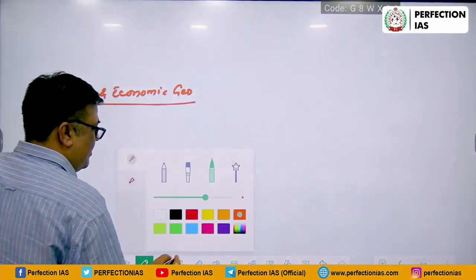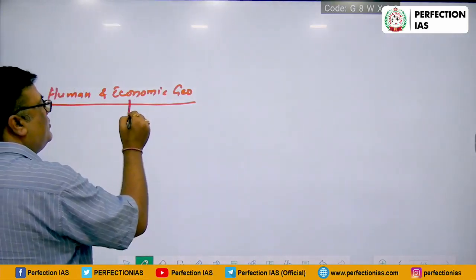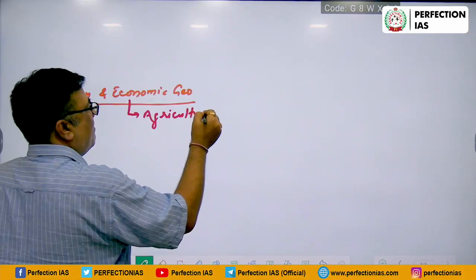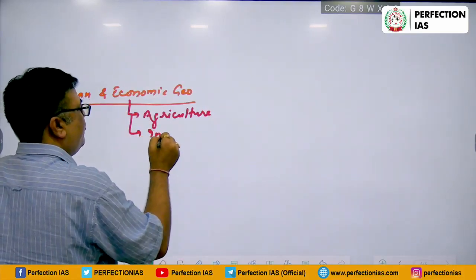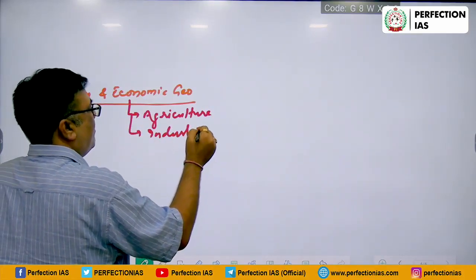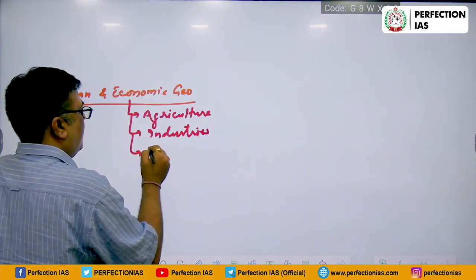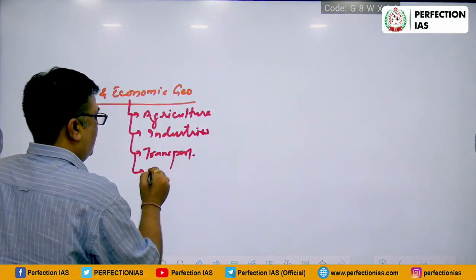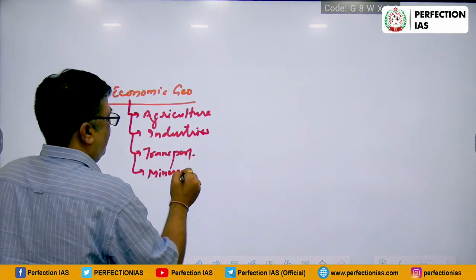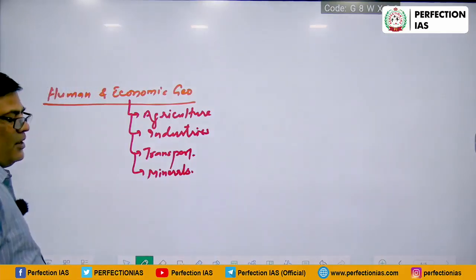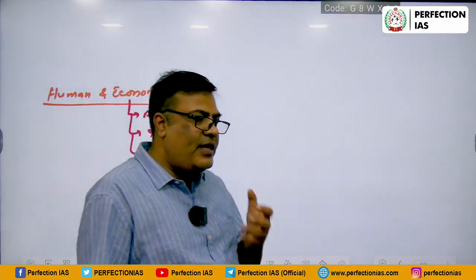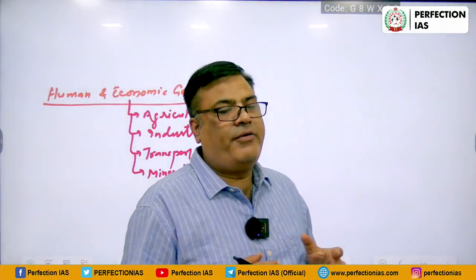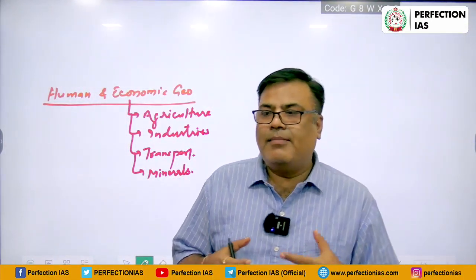In this, we learn primarily about agriculture, industries, transport, and minerals. Agriculture has a very important role in the economic geography of India, because there we learn about what are